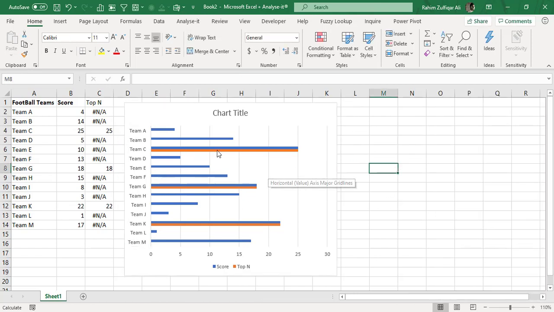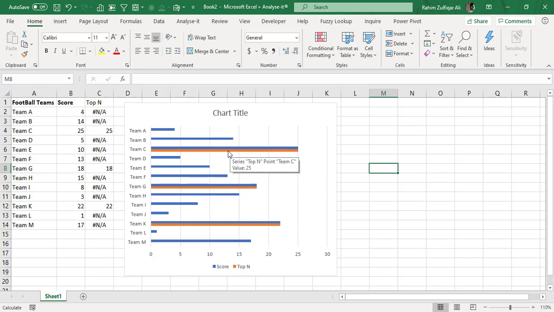And now we can see the top 3 teams within this chart very easily and very quickly, right, because they are in a different color. So this is one of the techniques for visualizations, and you can add this technique to your dashboards. One last thing is that these orange and blue bars are coming together, and we don't want blue bars anymore because we need the top 3 teams with a different color.